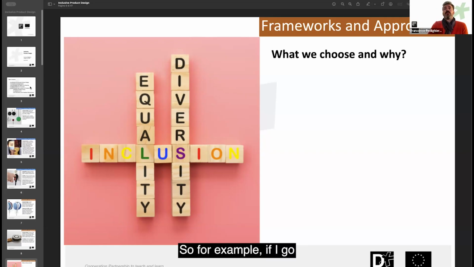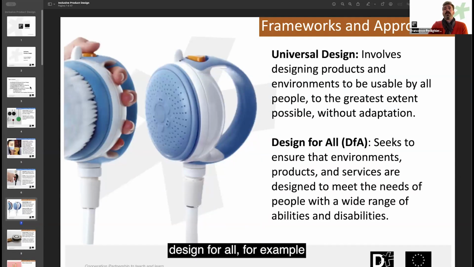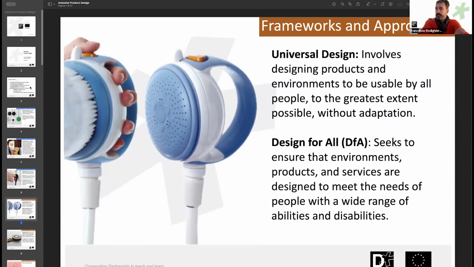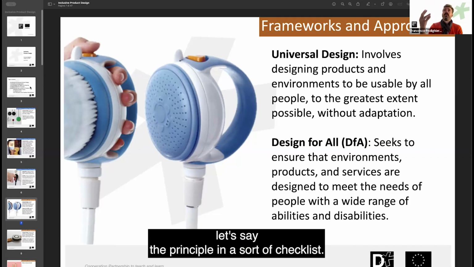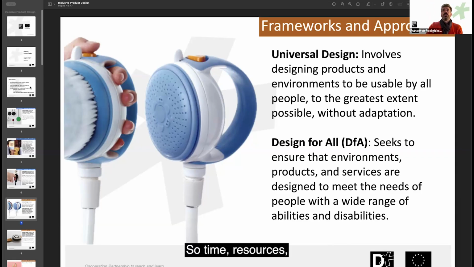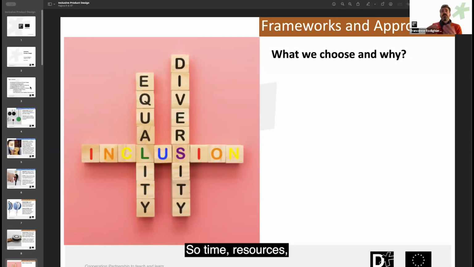So, for example, Design for All requires a lot of time in the process, and the involvement of a number of users that can represent the diversity. And with Universal Design, you can follow the principles, a sort of checklist. So time, resources,